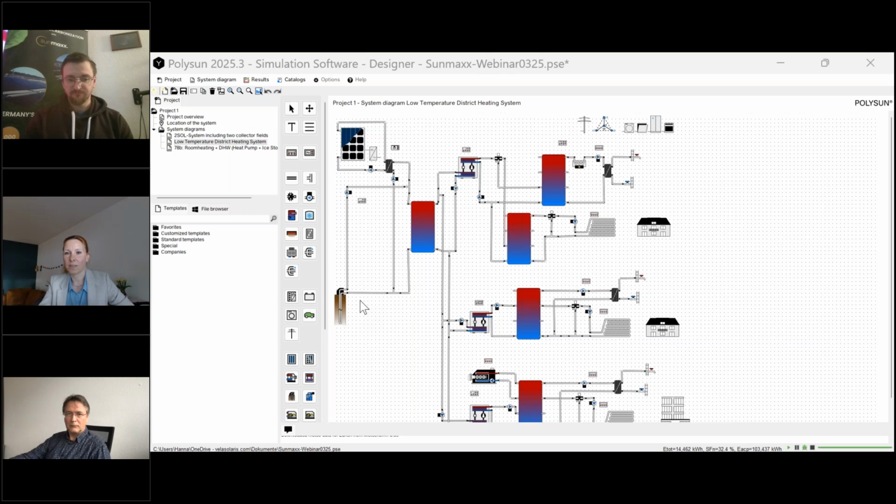So this is like a seasonal system where you extract the heat in the winter and then you bring it back in the summer when you have excess thermal energy. It's a very clever and easy system basically, and we know from a lot of areas in Germany that you're not even allowed to drill a borehole anymore if you can't guarantee the regeneration. So it's as far as that, at least in Germany. Yeah. Well, thank you very much for this very good explanation. Thank you.